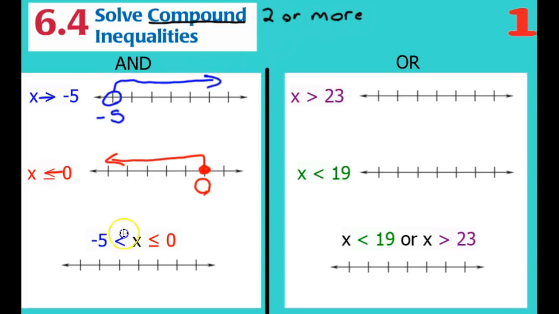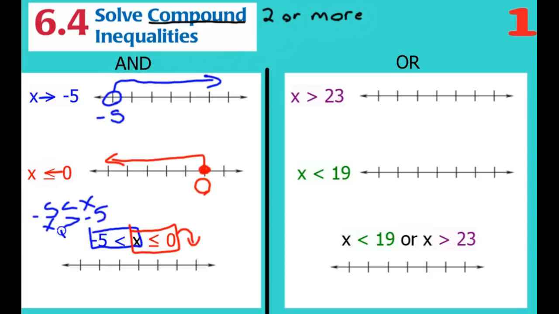Now down here we have both of these inequalities, but they are put into one problem. So here's our first one, and here's our second one. So both of these inequalities are now part of one problem. This one is okay to graph. This one, if we rewrite it, comes out to be -5 is less than x. Now our variable is on the right, so we need to get it on the left,